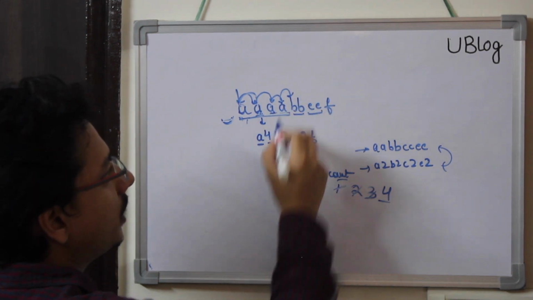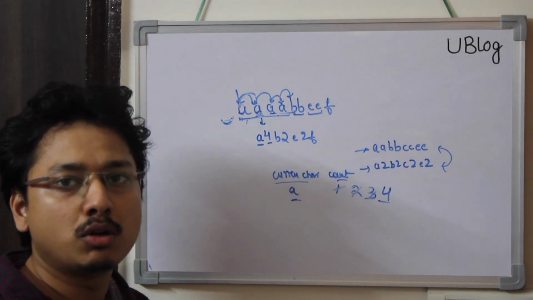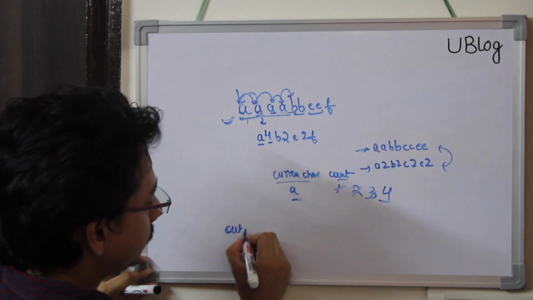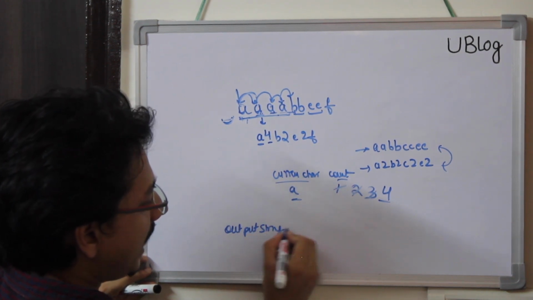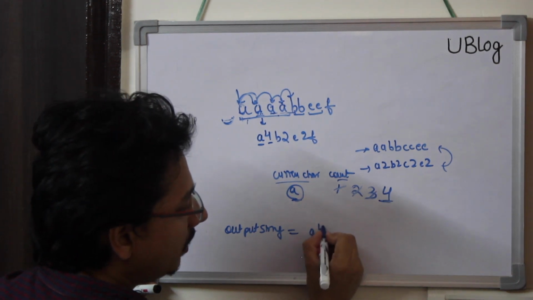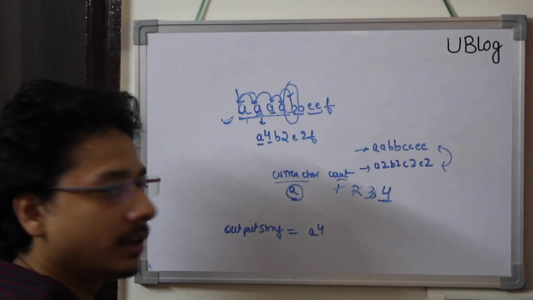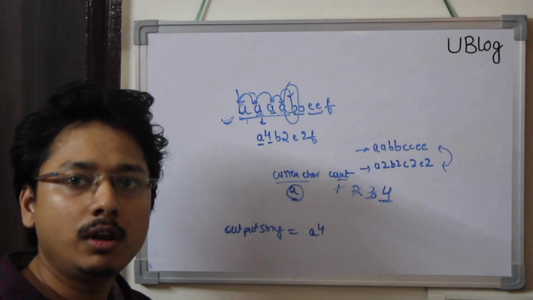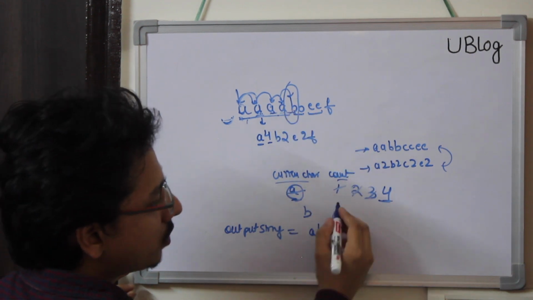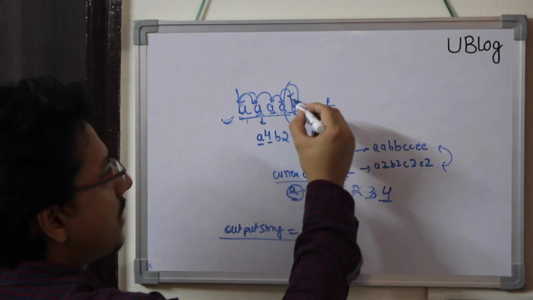Next I move to B. I compare B with A. This time the comparison fails, so B is not equal to A. What I need to do is, I have an output string, and I append my current character with my count. So I append A4, that is current char and 4. And since I am at B, my current char and current count will update. My current char will become B, and this is the first occurrence, so count will become 1. My output string is A4. Next I move to the next element.